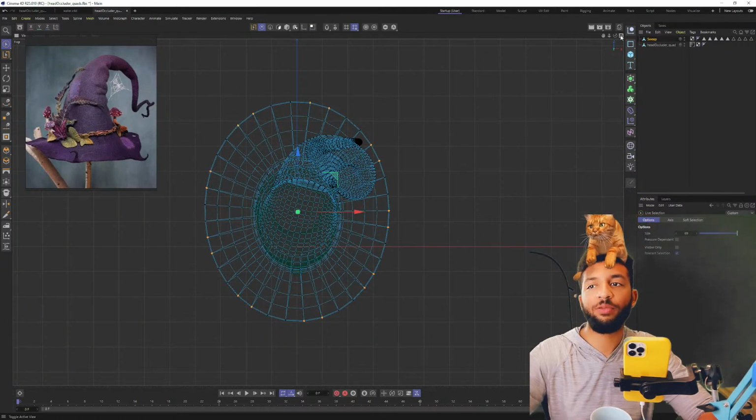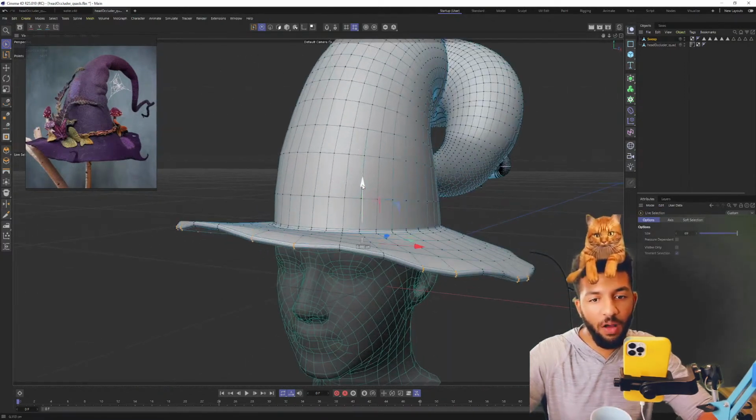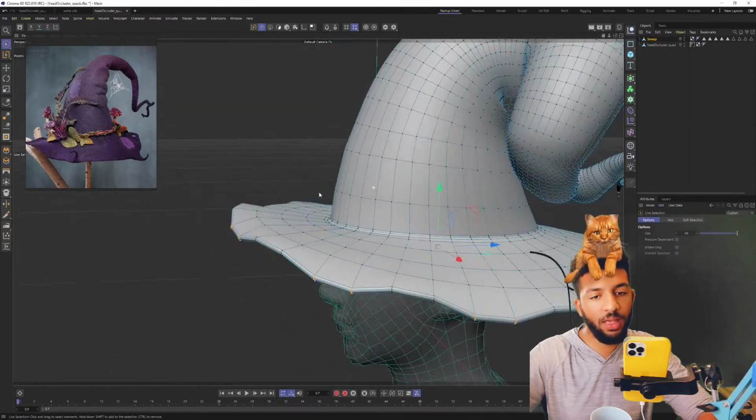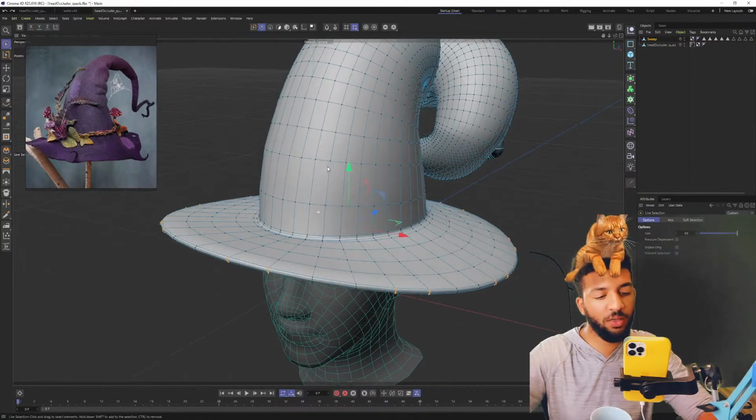All right. Now that we've done that, we can go to this side view here, and I can offset these. So I can create a little bit of wobble inside of the hat. Now, if we were to switch these to a soft selection,